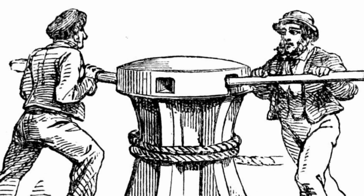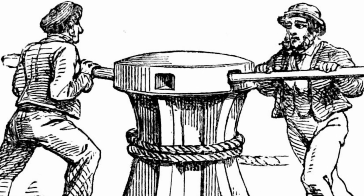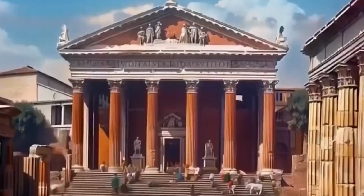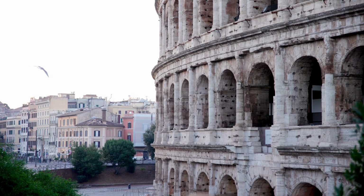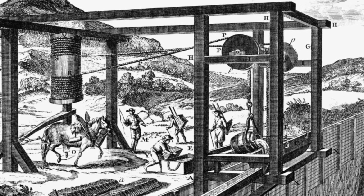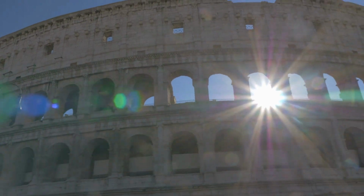Capstans were large, vertical winches, turned by workers pushing long wooden bars, providing the strength needed to lift even the heaviest materials. These innovations didn't just make construction easier, they helped shape the towering buildings and grand monuments that still stand today. Windlasses were another type of winch that was used by the Romans. These were horizontal winches with a crank handle, and were used to lift and move heavy loads like anchors or